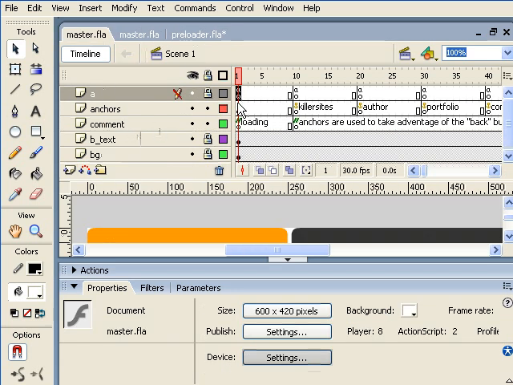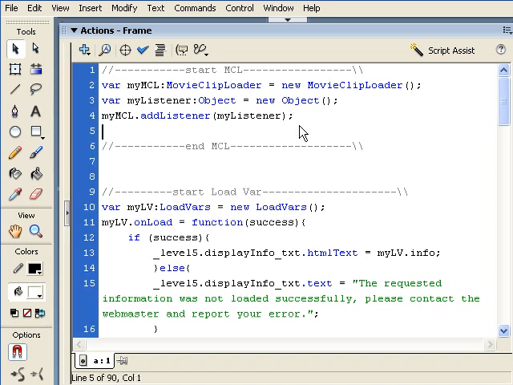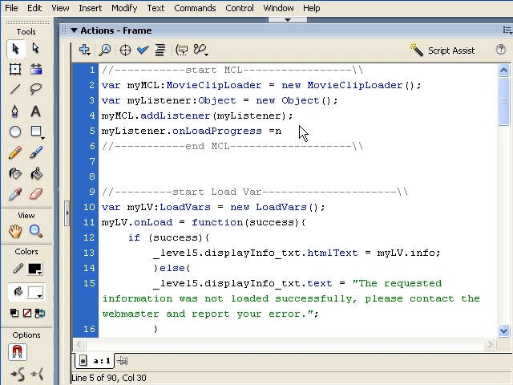Good. Now, in the master file, here's what I want you to do. Go to frame number 1, and under Add Listener, I want you to add this particular information: my listener, which is what we called it. We are going to associate to my listener an event called onLoadProgress. So onLoadProgress is going to be equal to a function,